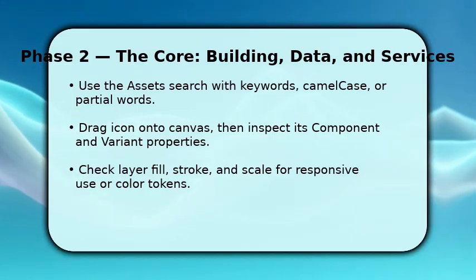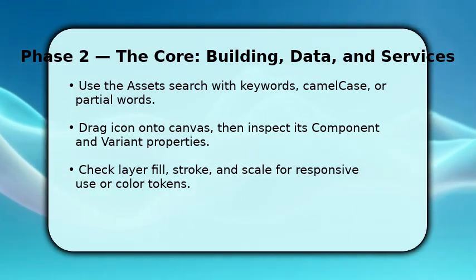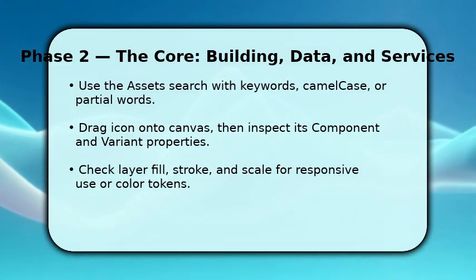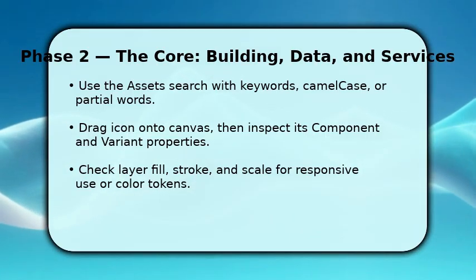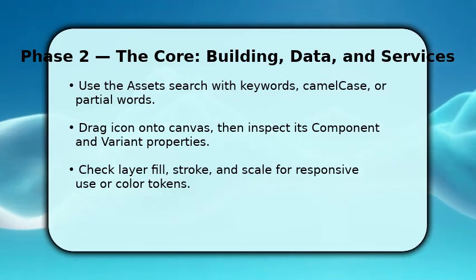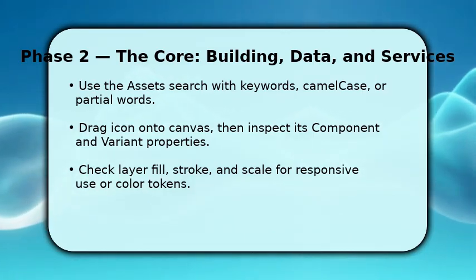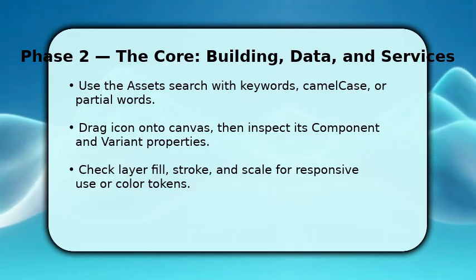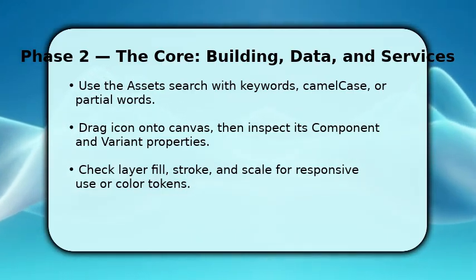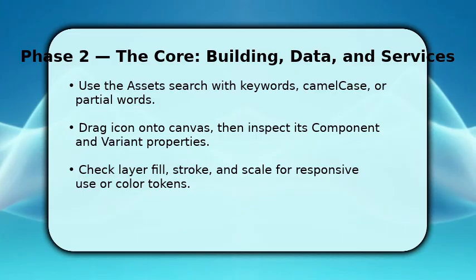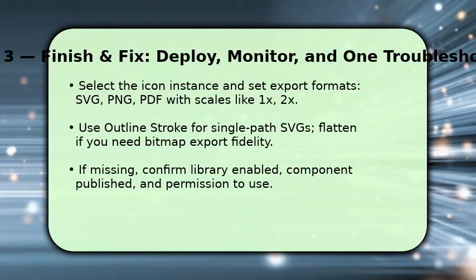Make adjustments by unlocking the instance and changing fills, strokes, or using color tokens. That preserves the master component. If scaling looks off, use the scale tool rather than stretching, because that keeps strokes consistent. Also, note naming conventions. To finish, select the icon instance and set your export presets, SVG for vectors, PNG for